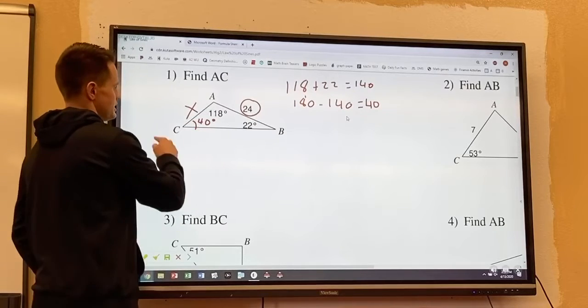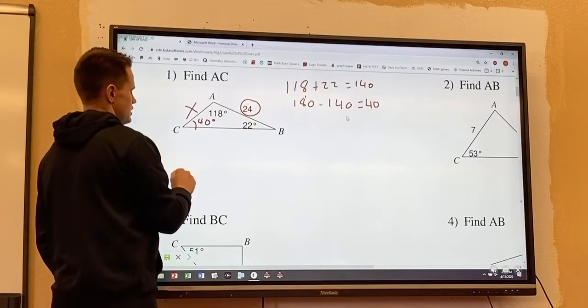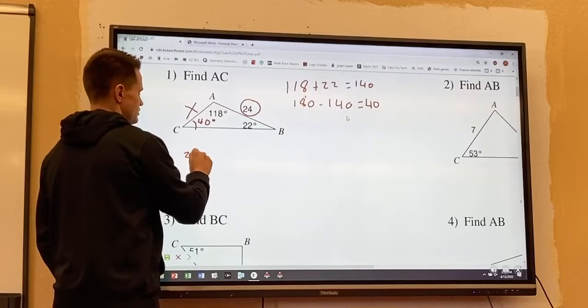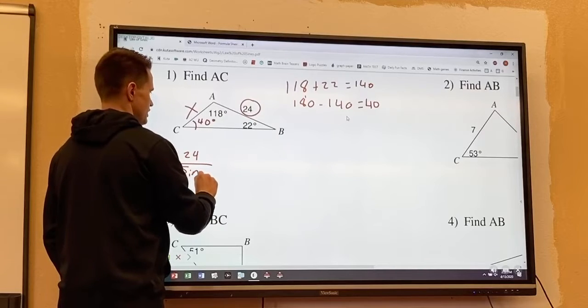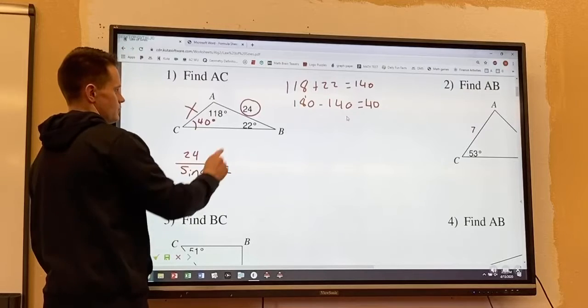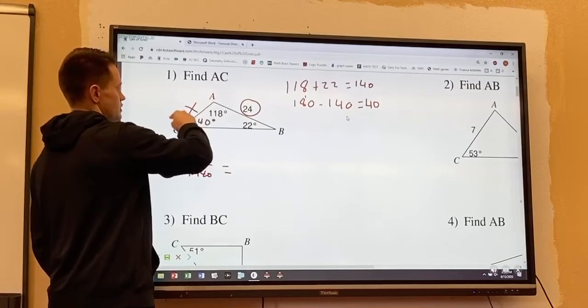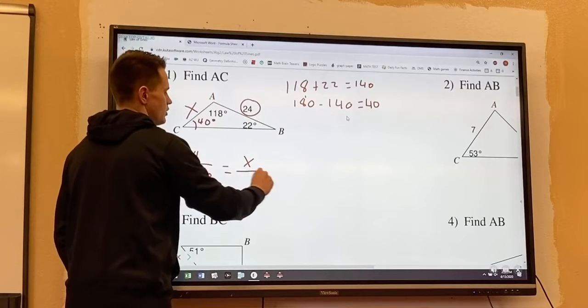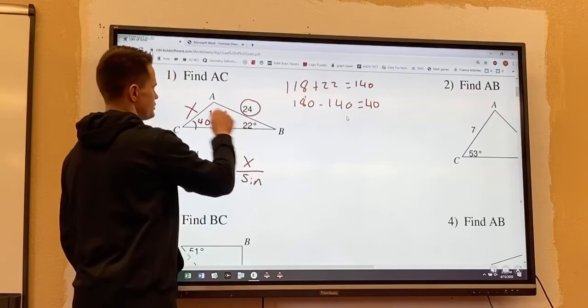Because I'm given angle C and side c, I'm going to say 24 over sine of angle C, or 40 degrees, is equal to my side length that I'm trying to solve for, which is x, over sine of the angle that's opposite of x,